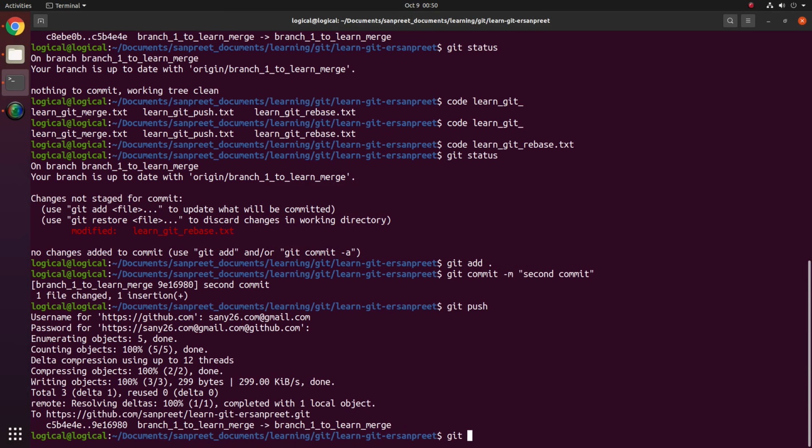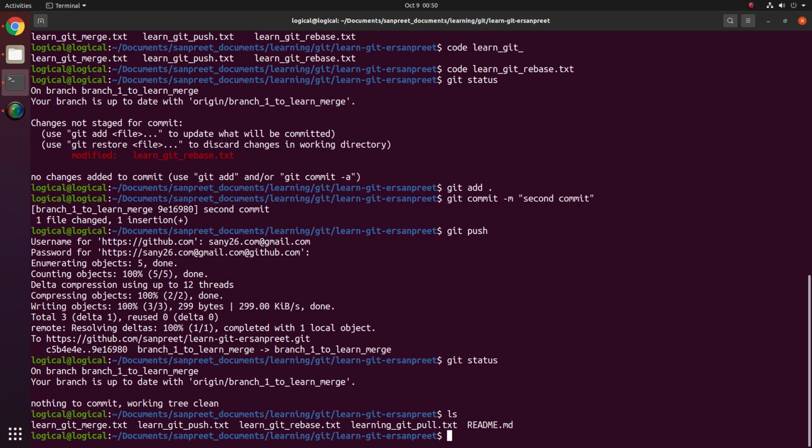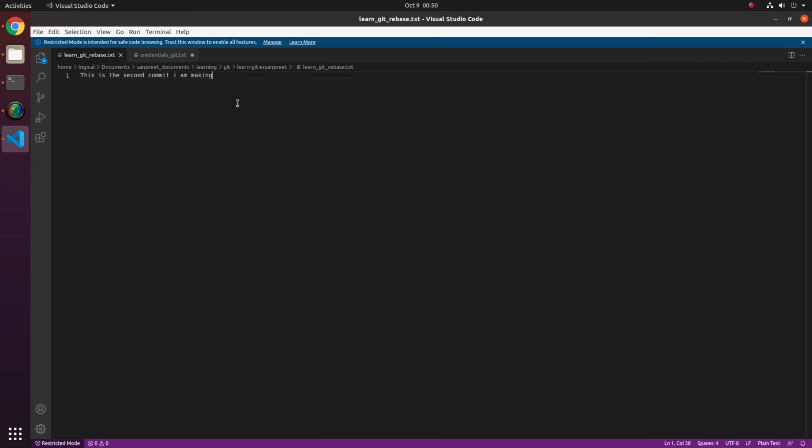Let's see, first of all, git status, it would be the same. Then let me open the file again. Okay, so it is a learn git rebase file, and let me write, this is the third commit.